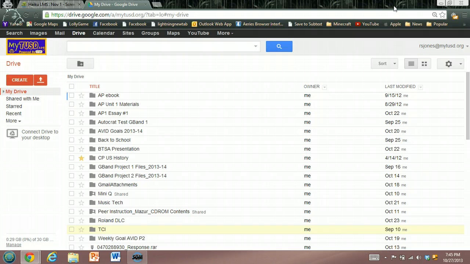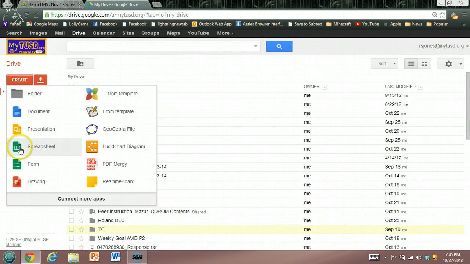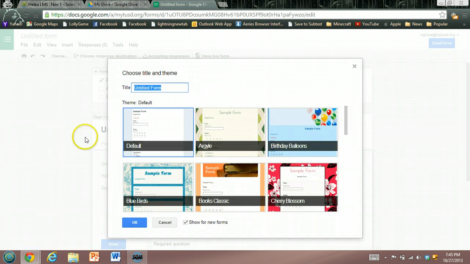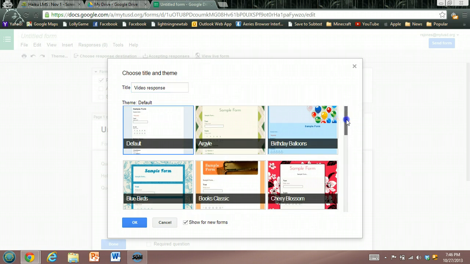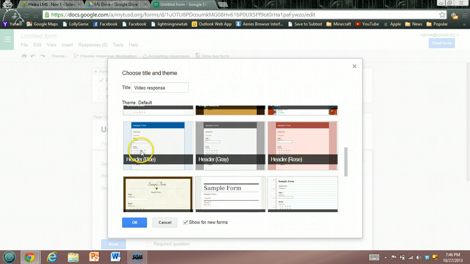So the first thing I need to do is create a Google form. So I select create on the left hand side, I go down to the green form, and then what I want to do is title my form. I'm going to call this one video response, and then I'm going to choose the blue template that I like